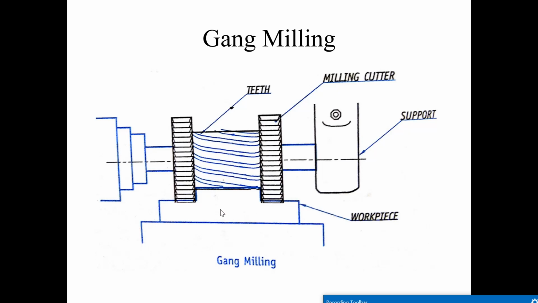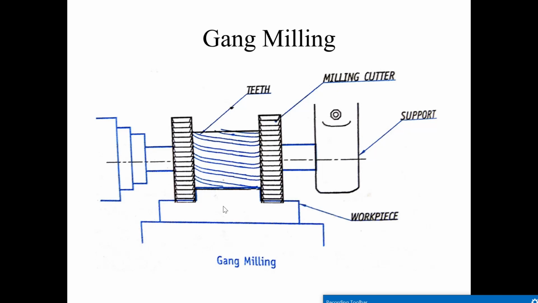So this is a workpiece with several surfaces, this surface, this surface, this surface, all the surfaces we are going to machine in a single pass. So two or more cutters are used on the same arbor to produce the desired shape as shown in the figure. We are going to use two or more milling cutters at the same operation, so that at a single stretch we can perform the various operations, and it saves the machining time to a greater extent, so that all the operations can be done in a single pass.